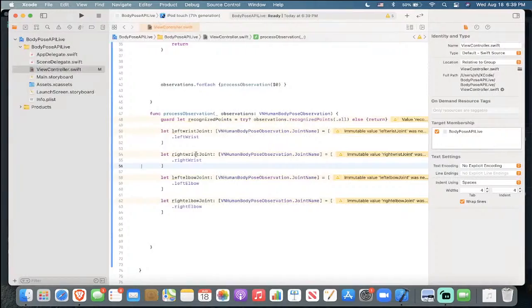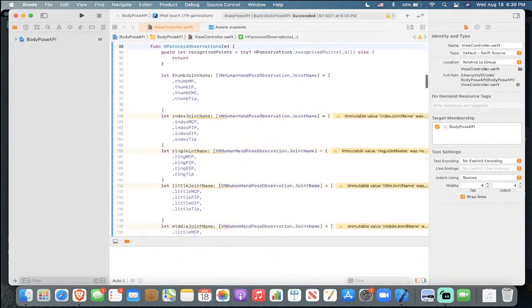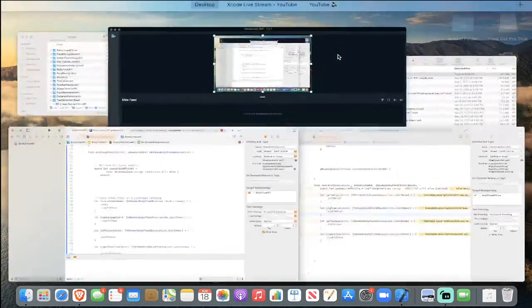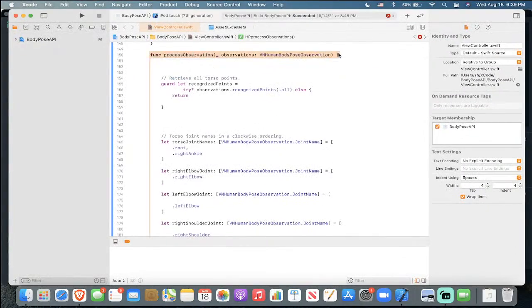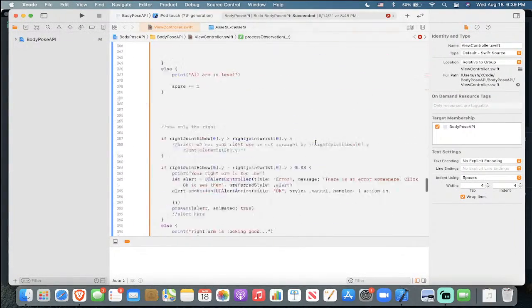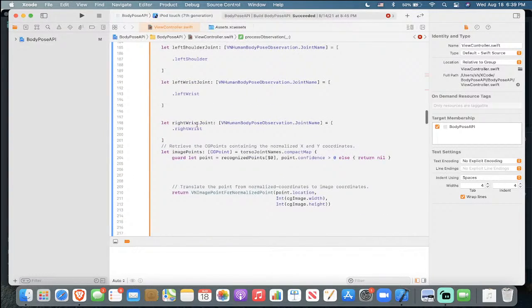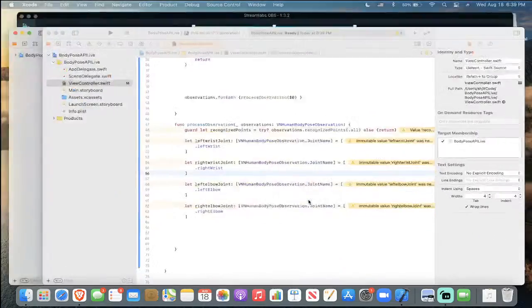Okay. So now we finished the whole function of processing the observation. As you can see here, the process observation is all the way down until here. That's why I've added some more here. So after we did this, we're gonna do this. To do that, we have to do